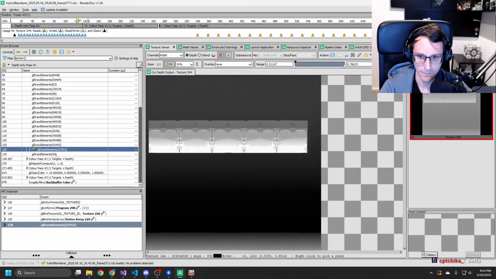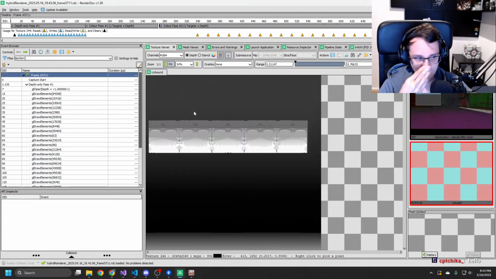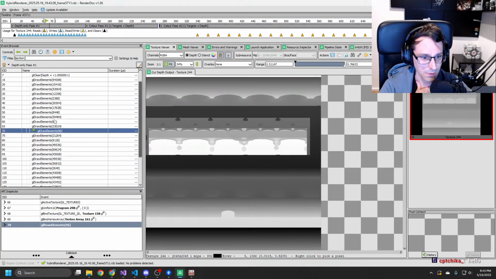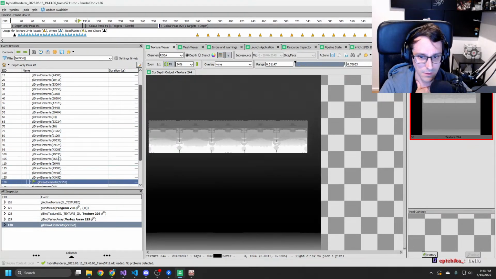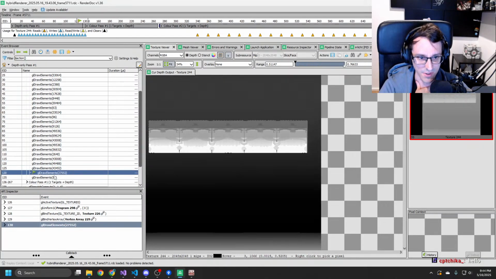Hey. What is the full frame? Why is that looking completely different? Why is it then top down?